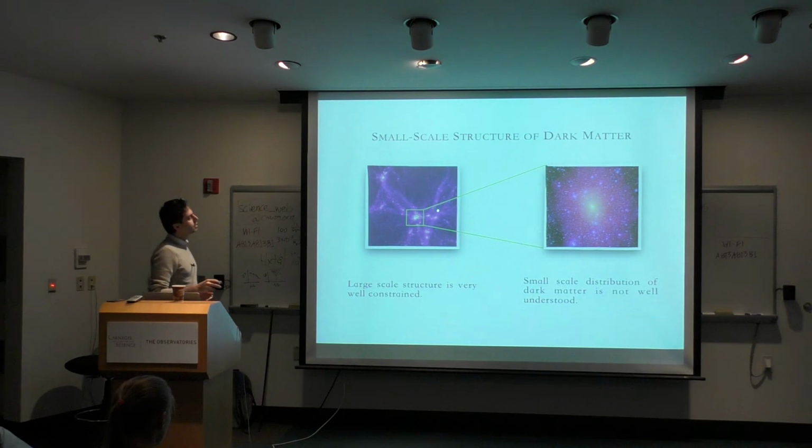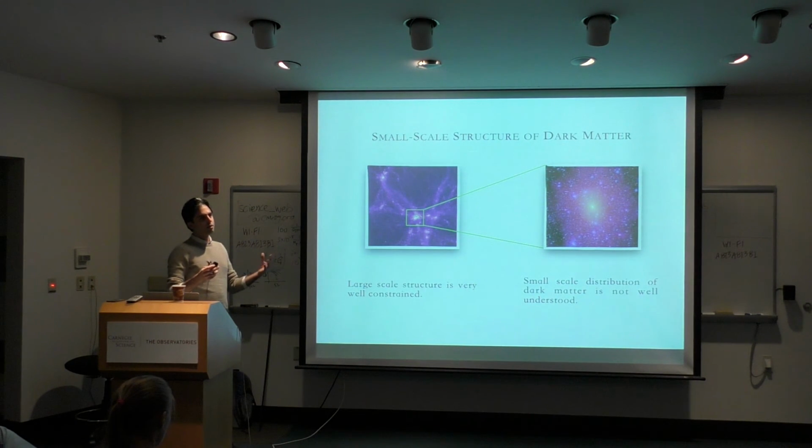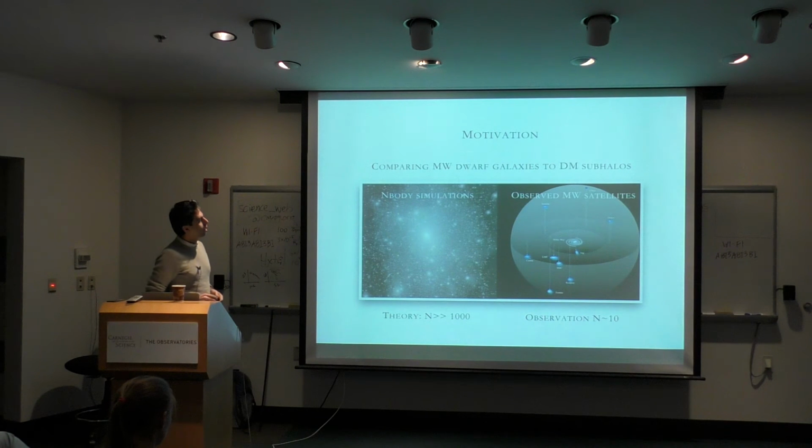But when we look at smaller scales, if we look at one of these halos of a galaxy, we realize that there's a lot of structure to them in n-body simulations from our theoretical perspective. And observationally, there seems to be very little information that we have about how dark matter is actually distributed on smaller scales. One reason why this has become a relatively hot topic in the past decade or so is that in the Milky Way,